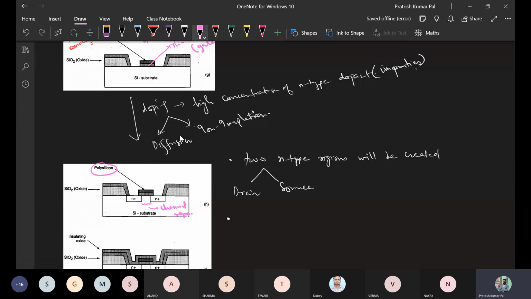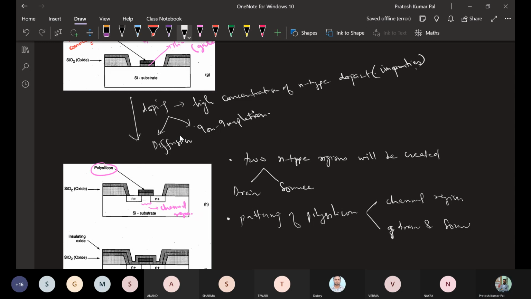So basically, the patterning of polysilicon will define the channel region, and also defines the drain and source region.